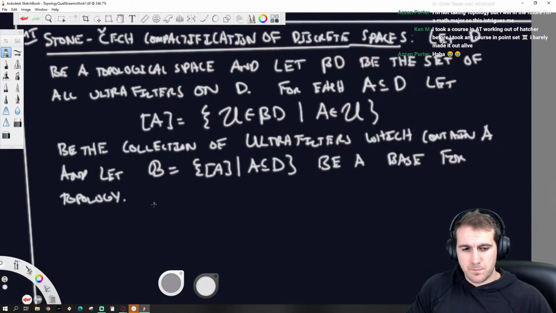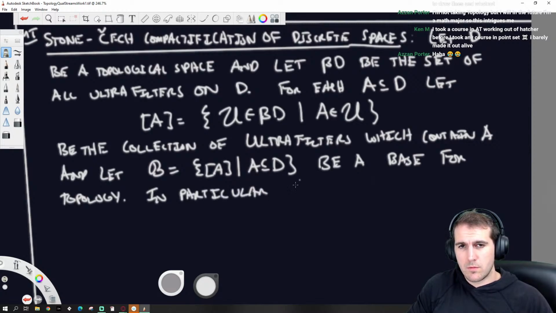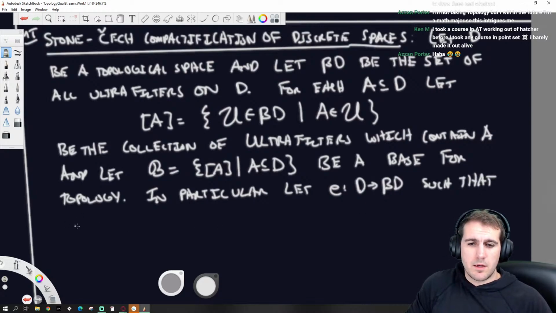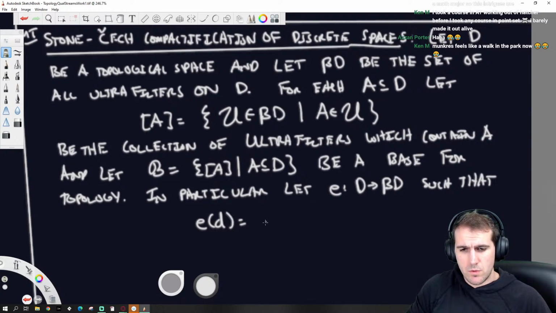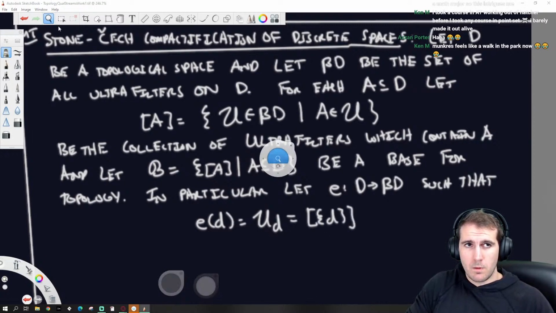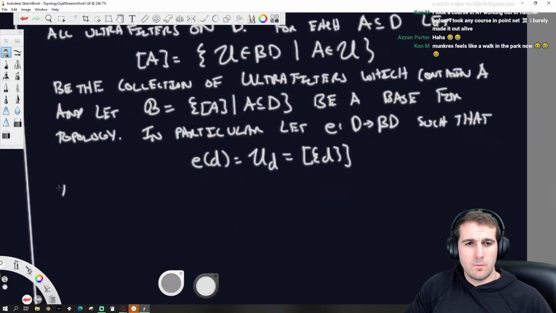So in particular, let E be a map from D into beta D such that E of D is equal to the principal ultrafilter at D, which is just equal to the ultrafilter which contains the point D. Then beta D, E is the Stone-Čech Compactification.